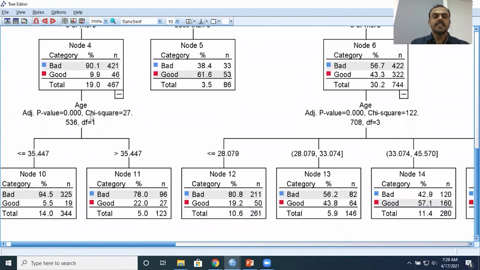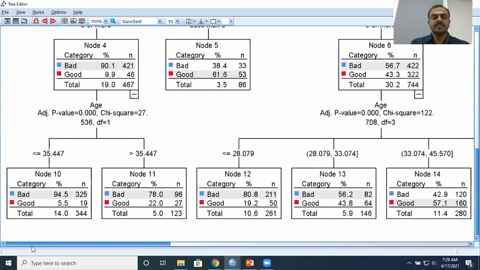What I have is basically age, right? A person belongs to the low income class, possesses 5 or more credit cards, and his age is less than 35 years. If his age is less than 35 years, he's relatively younger. So 95% of them tend to be bad credit risk, right? 95%. So you have picked up a very, very important decision making rule here, a decision making criteria, which